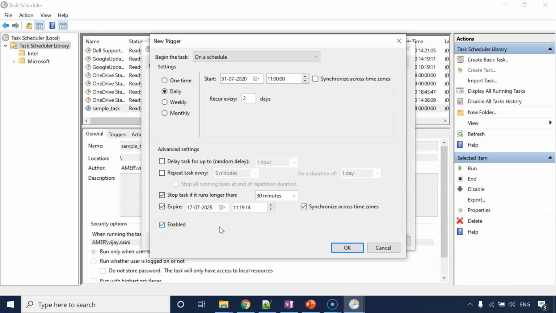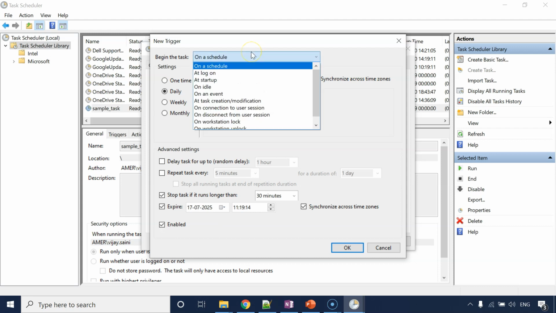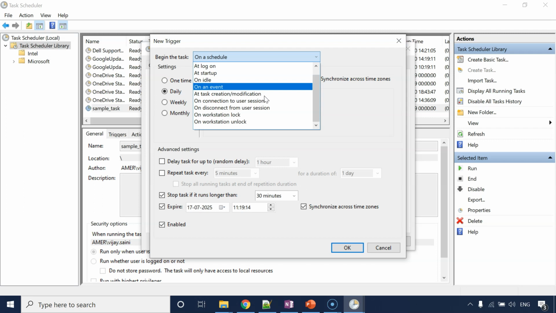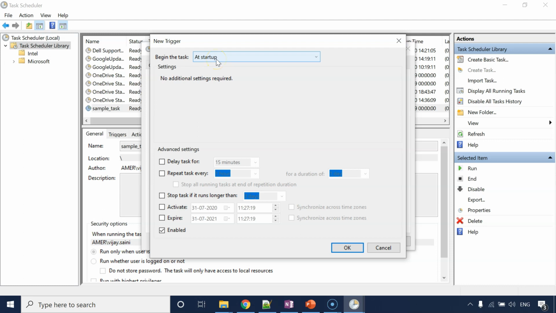Alright, so we have learned a lot about scheduling, but tell me, do you always want to trigger your task based on the time schedule, or there could be some other trigger point as well? Well, we have multiple options over here. So if you want to execute some task as soon as a user logs in or as soon as the system is started, these options also we can choose based on our requirement, right? So let's say as soon as your system is started, you want to do some cleanup and then start your application services, then this is the right option for you, not the time based scheduling, right?